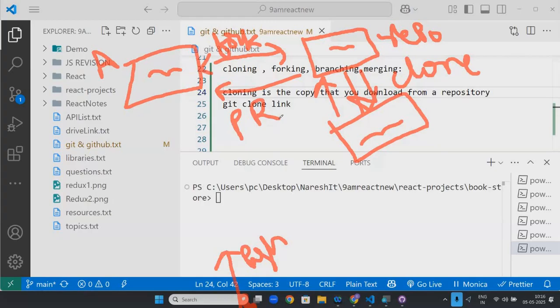Is it clear? This is how you contribute. Imagine we all are working in a company. The manager will have the original site. In that, you all will be collaborators. You will take that code. No need of fork if you are a collaborator, but if you are doing some open source contribution, then you will fork that repository, clone that repository, push some commit, ask for a pull request, and that pull request will be merged into the original repository.